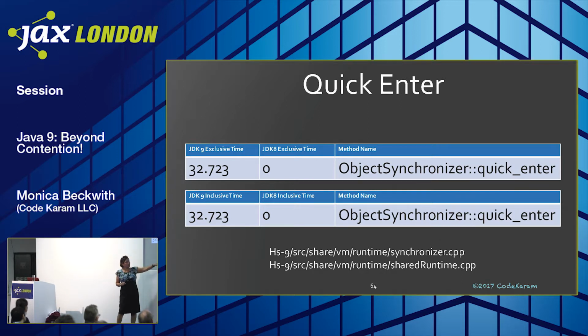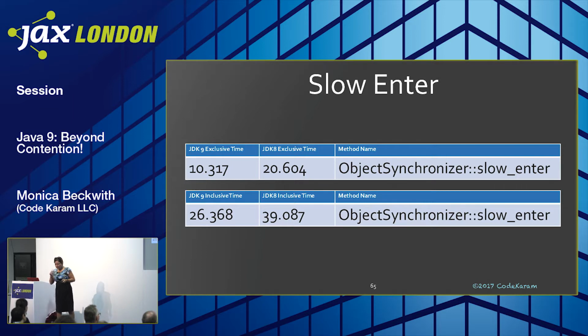And if you want to look at more of what this optimization is about, you can go into the source. There are two source files here, synchronizer and shared runtime. Because this is a runtime optimization, you have to look at the runtime. So go ahead, feel free. Don't get scared. It's not that difficult, but if you compare Java 8 and Java 9 source side by side for these files, then it may be better to understand the changes, right? Because you're just looking at the change set.